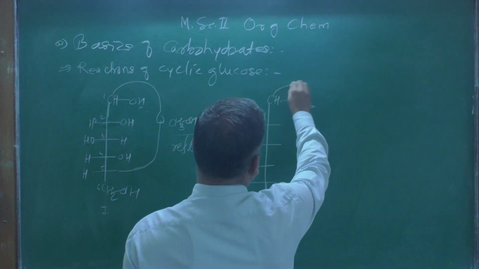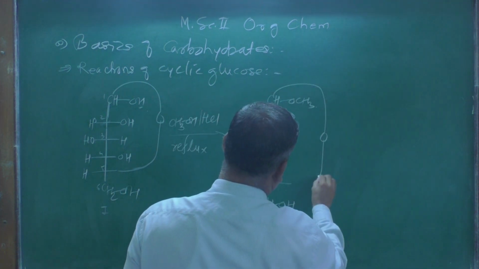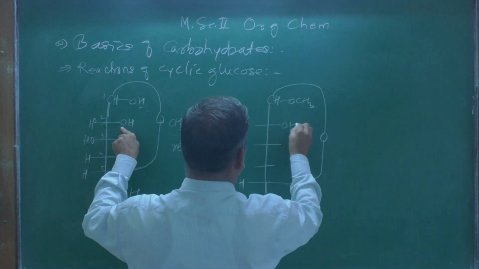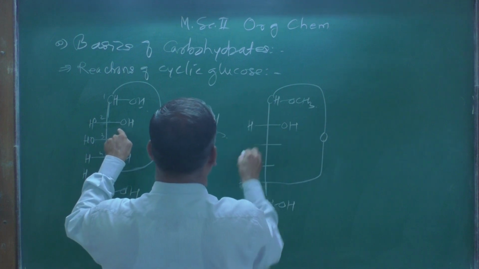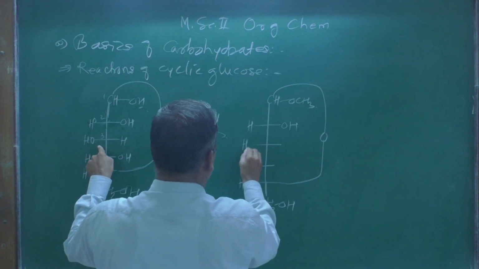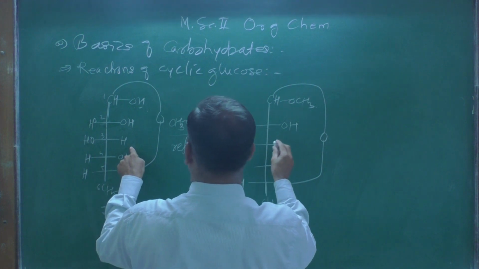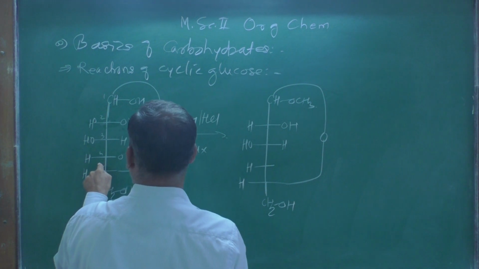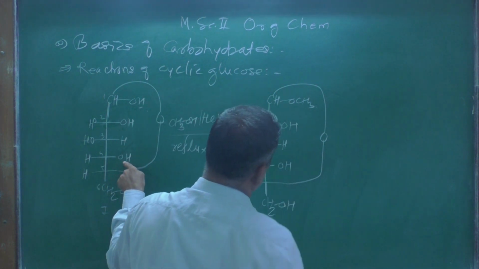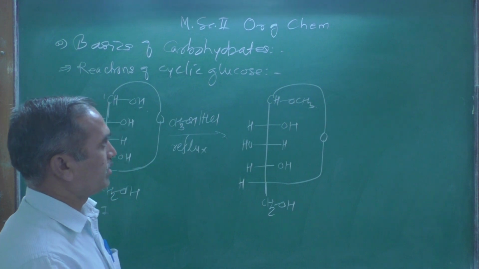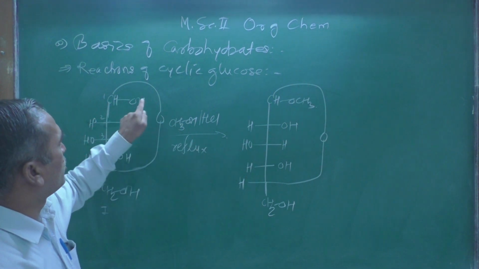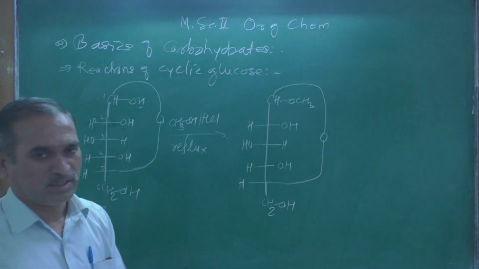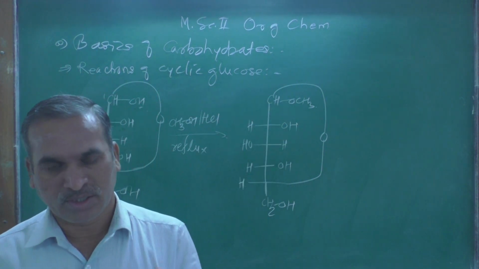Again you draw the ring as it is, with the rest of the thing remaining the same: hydroxyl on the right hand side and hydrogen on the left, another hydroxyl group on the left and hydrogen on the right, and here hydrogen on the left and hydroxyl group on the right. What we did here is that only this hydrogen atom was replaced by the methyl group; the reaction takes place specifically in this cyclic form of glucose.